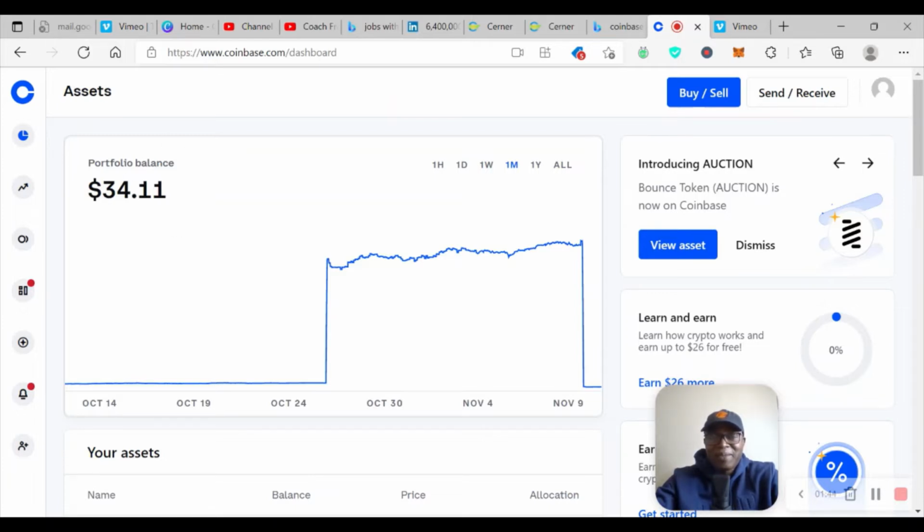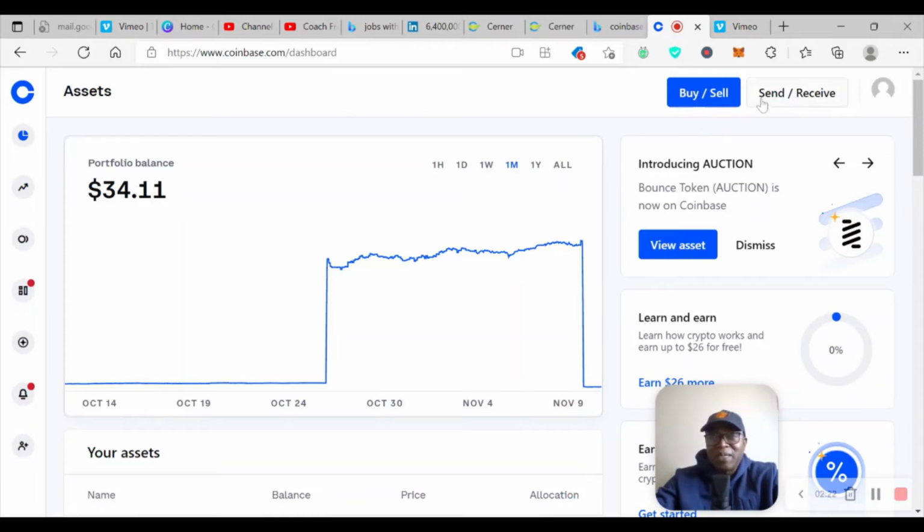But in case this is showing zero, that means your account is not ready to send or receive cryptocurrency yet, meaning that you haven't added a payment method to your account. If this is the case, I can send you to one of my earlier videos about how to add a payment method to your Coinbase account so your account can be ready to send and receive cryptocurrencies.